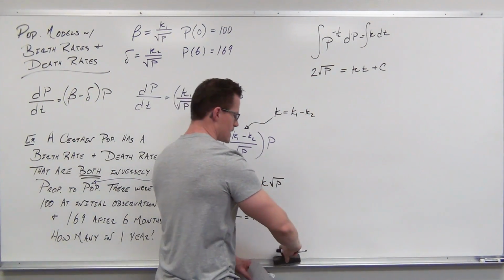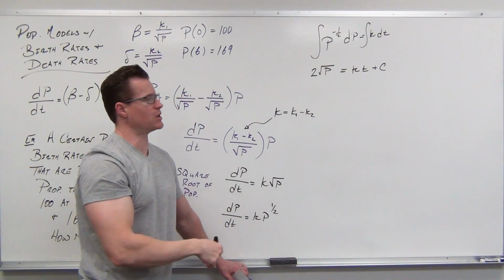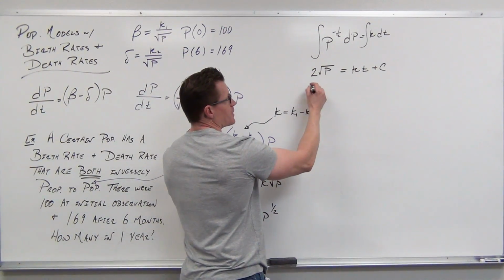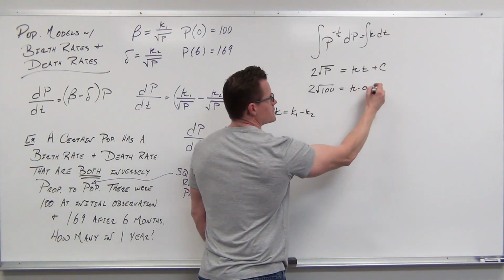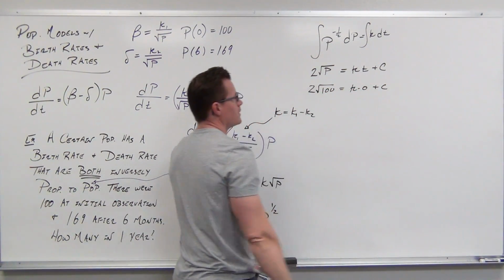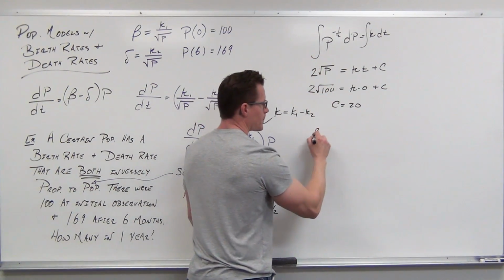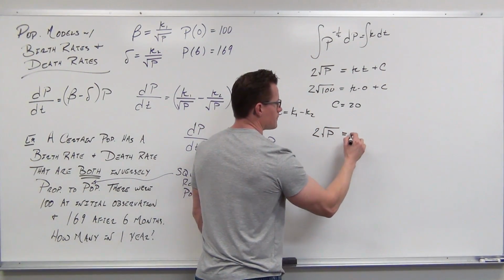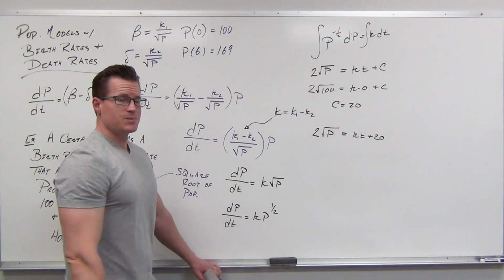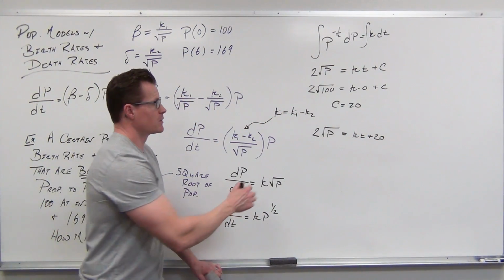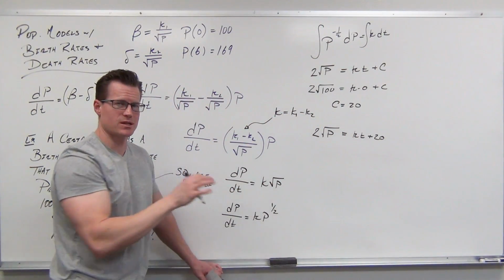So right here, we'd say, why solve for p if we're dealing with this one population? We would say that the population is 100 at a time of 0, and we would get c as 20. No problem, plug that back in. We now know c. And because we're solving for k, and we were able to plug in 6 for time and 169 for population based on how that's varying,